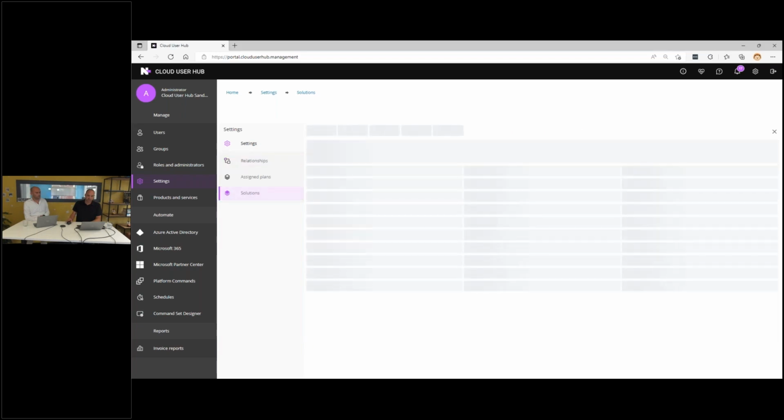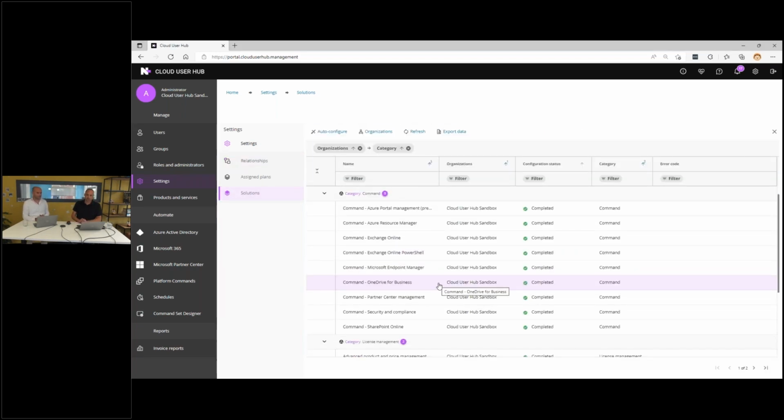Now, a solution is very special in the way it requests access to the tenant. You're probably used to having a DAP relation, so a delegated access relation, which gives you full access. Effectively, every admin agent, so every engineer that is an admin agent in the partner center, has those full access capabilities, the full global admin, effectively. And that's problematic for a lot of customers. They don't want that. It opens up for attack because you have multiple engineers having all the access to all the customers. And Cloud User Hub prevents that.